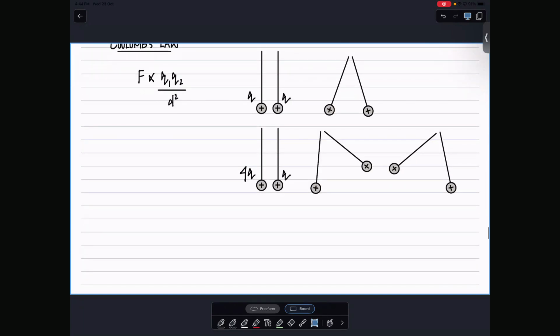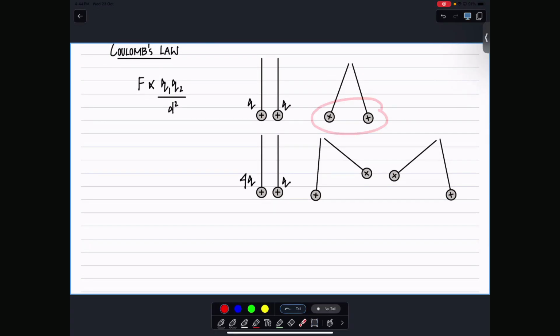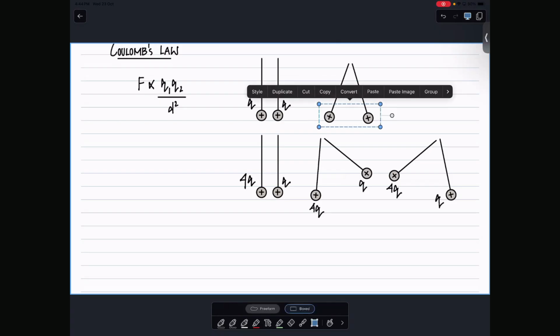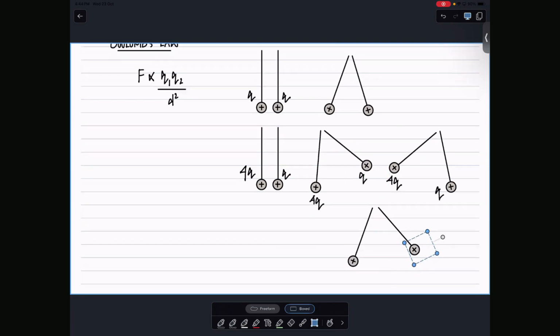Or anything else that you think? So which will it be? Will it be the same as before? Will it be that the 4Q pushes the small one out? So this is 4Q. This is Q. Or do you think the 4Q itself will move out and the Q will remain where it is? So you're saying that both of them will move away together, even though this is 4Q and this is Q.